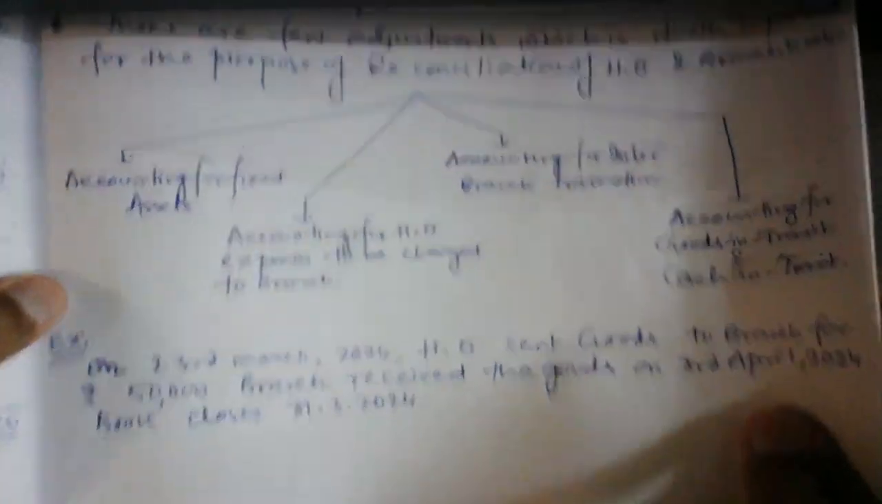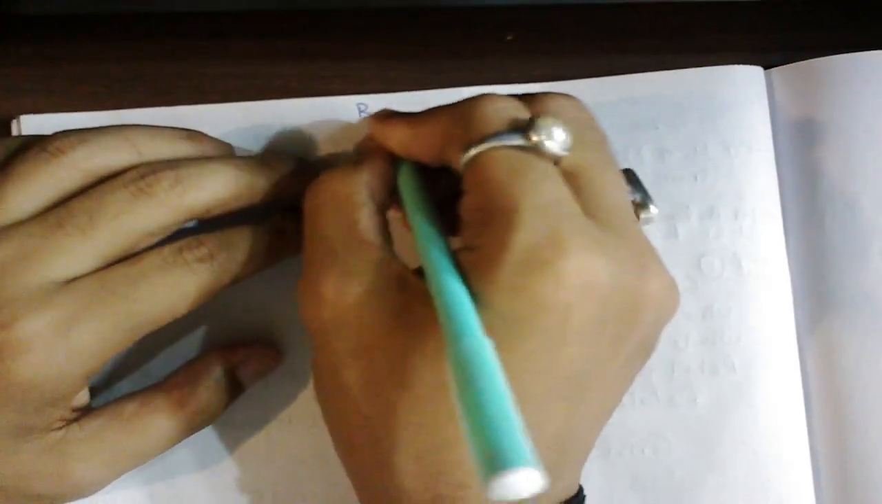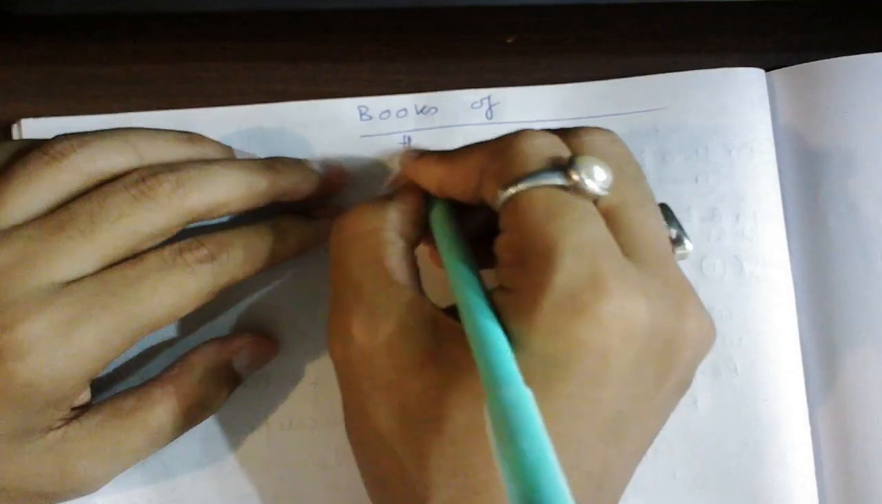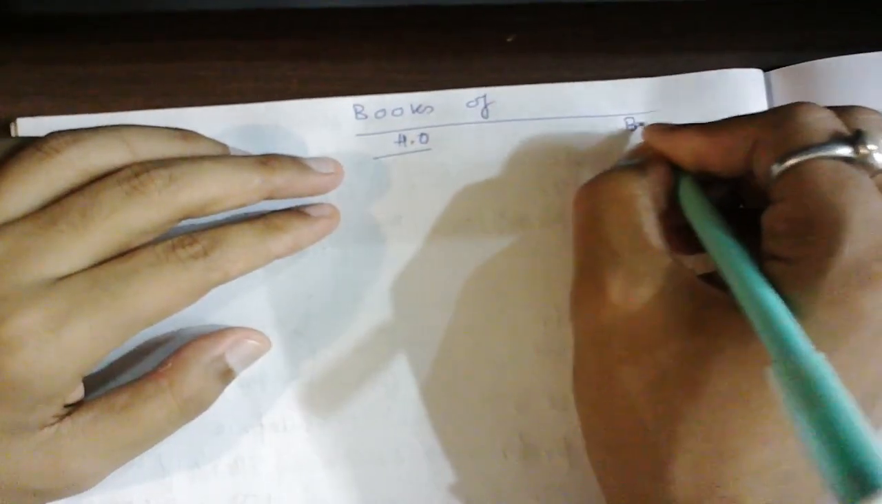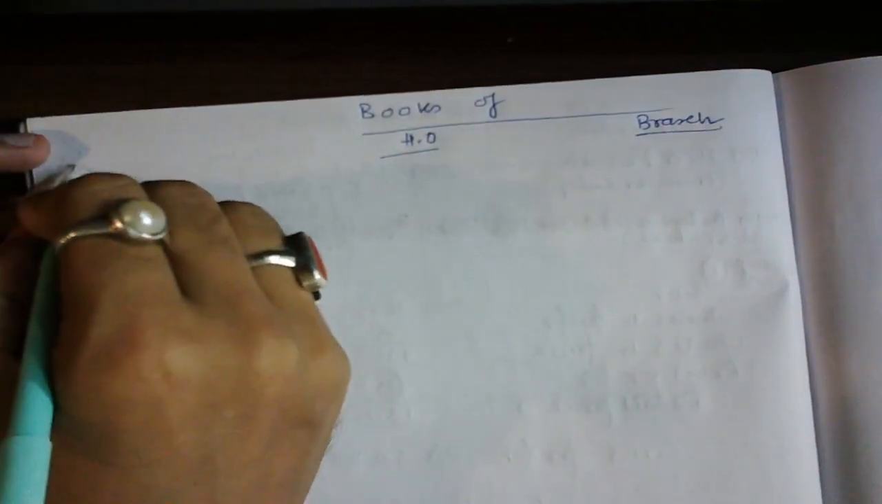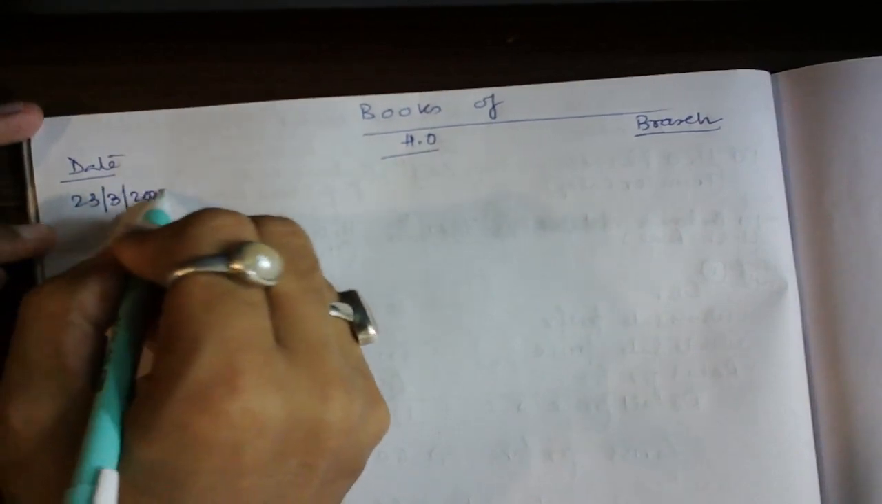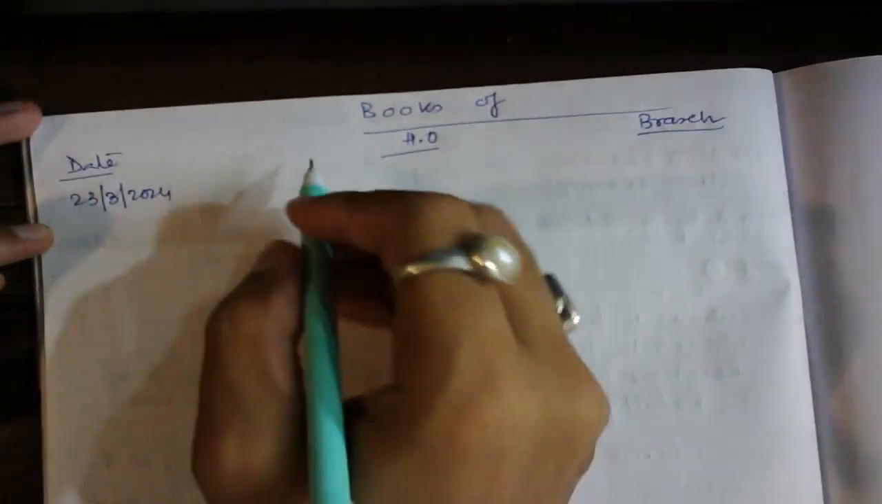चलिए ओके. अच्छा अब करते हैं, दोनों के बुक्स में दिखाऊंगा, ठीक है, बोथ एचओ की बुक्स में दिखाऊंगा, बुक्स ऑफ एचओ एंड देन ब्रांच. सेपरेट बुक्स में दिखाऊंगा। नंबर 1 डेट, आप सोचिए 23rd March 2024, HO will make the entry, that is branch